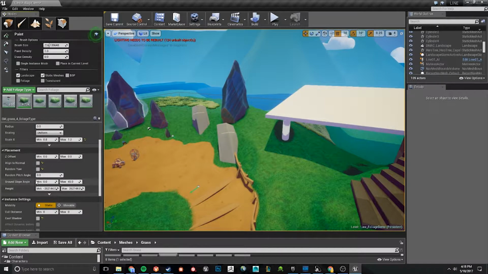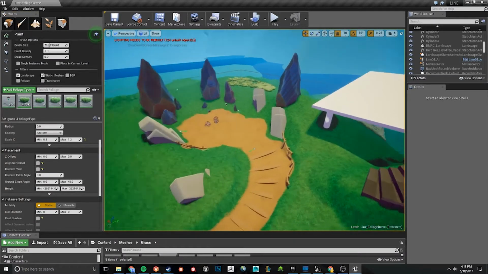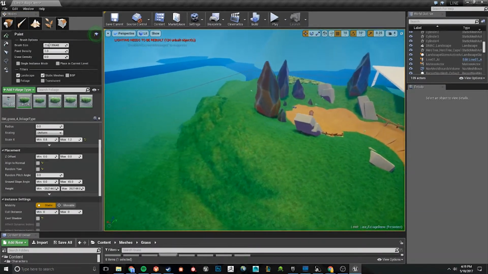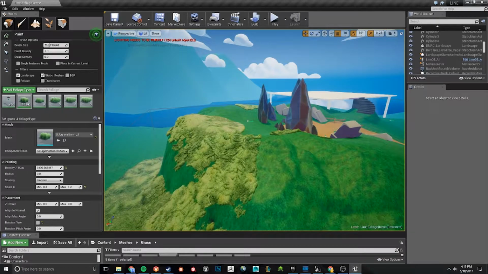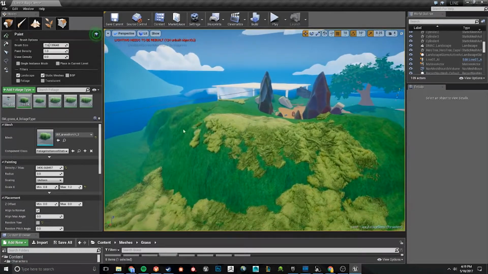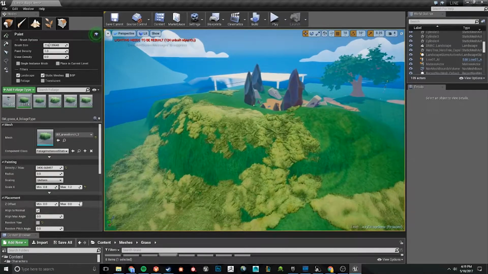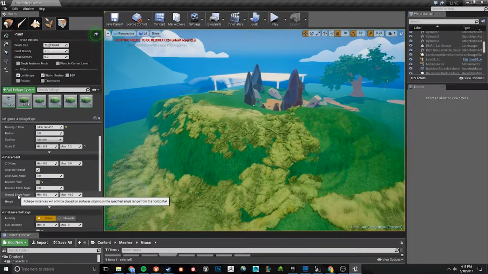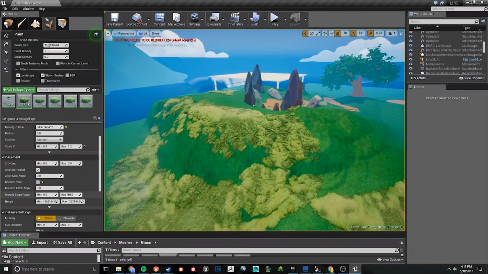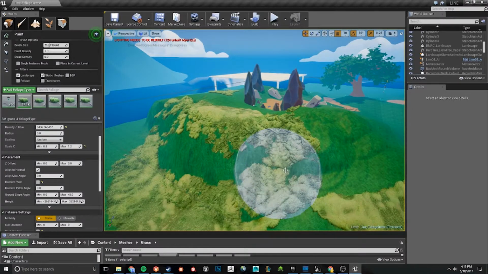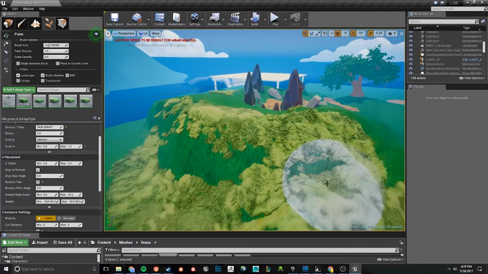Height and ground slope are typically things that you don't want to mess with too much, but I will give an example. You see how it's not painting in on these sheer walls or sheer cliffs. That's because of this right here, which is ground slope angle, and basically this is saying that any slope that's greater than 45 degrees it's not going to paint grass on. Sometimes you want foliage to be on sheer walls, and sometimes a foliage tool is kind of dumb and doesn't